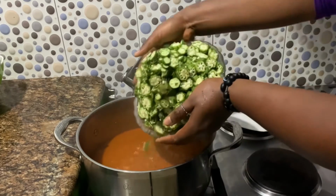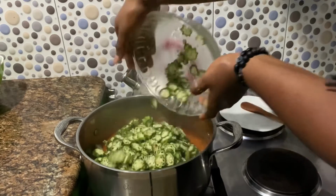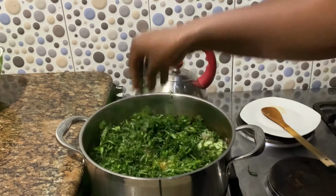And trust me, this oilless okra soup always hits the right spot. It is sweeter than an okra soup cooked with oil. Believe me, if you've tried this, you already know. So yes,